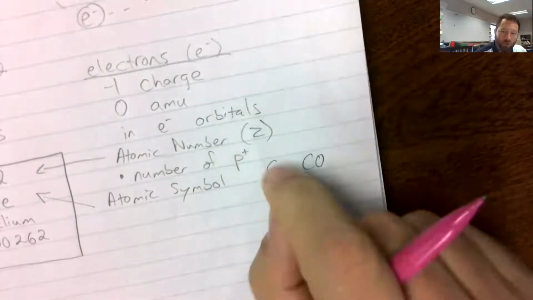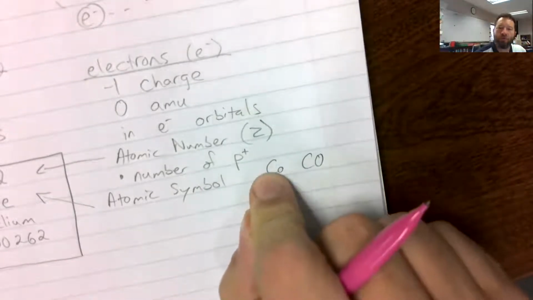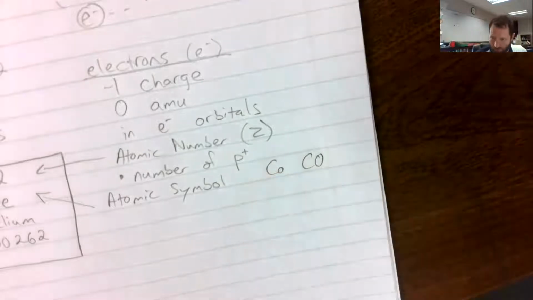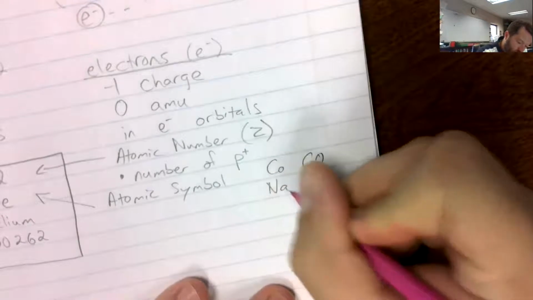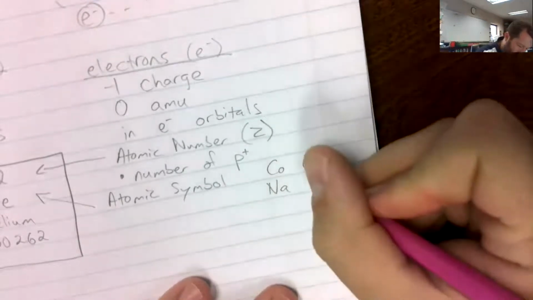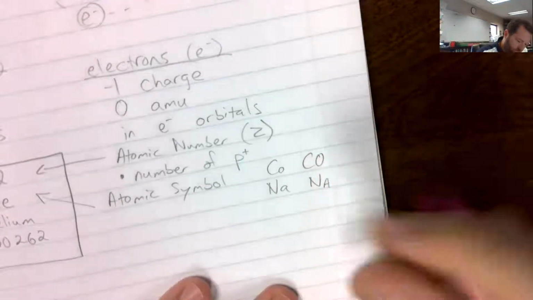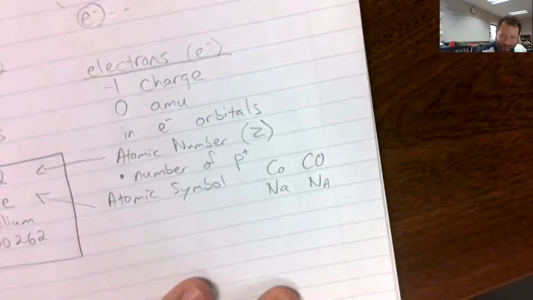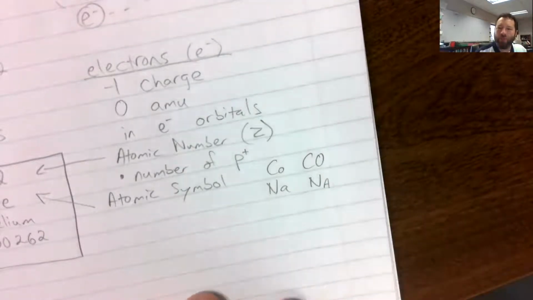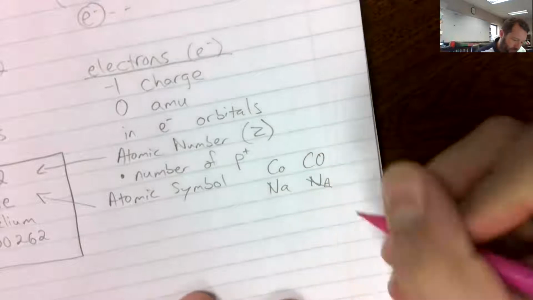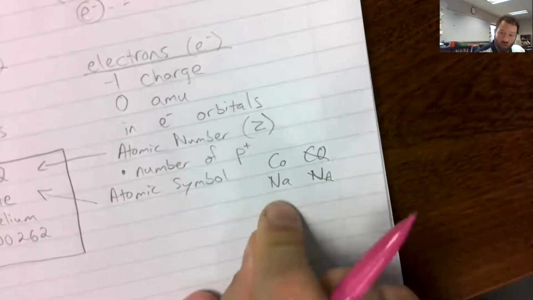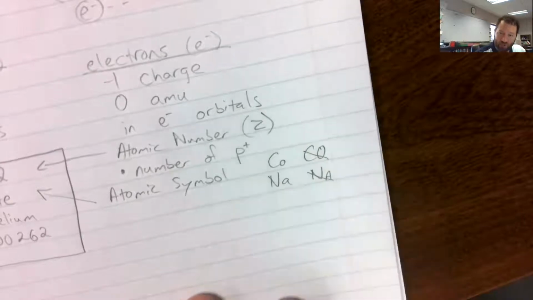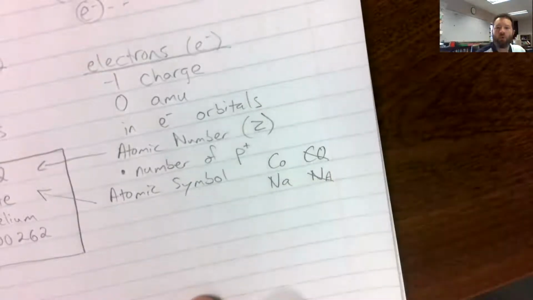So when you use these, you have to use 1 capital and then 1 lowercase letter if there are 2 letters. I see it a lot like this. This is sodium, and a lot of people like to write NA, where the N is larger than the A, but they're both capital. This will not work. This will not work for cobalt. If you're going to use the shorthand, you have to use it appropriately, and they will lose points if you're